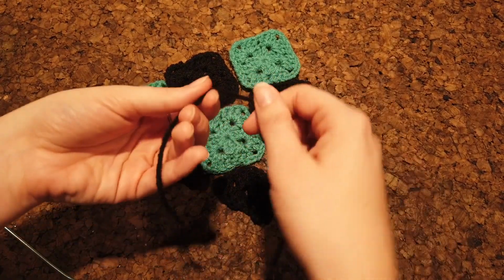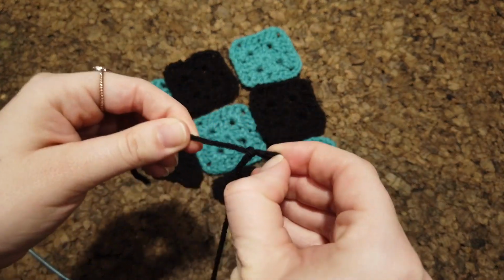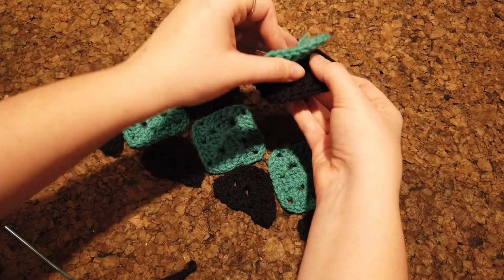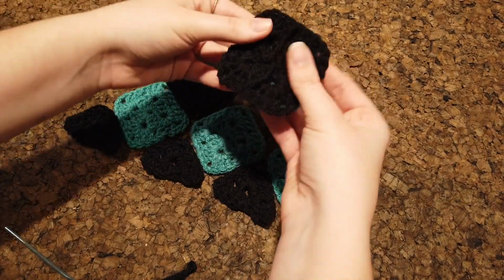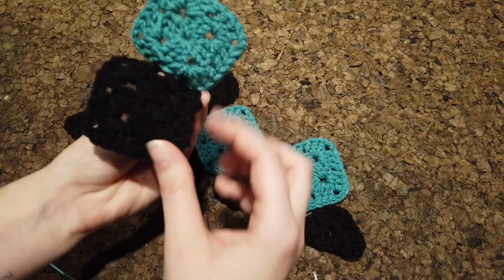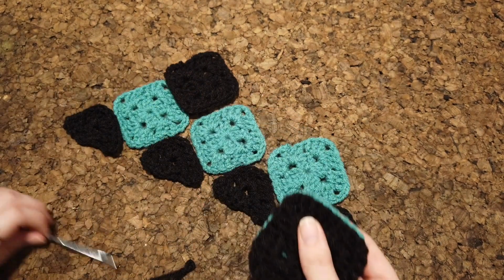So I'm going to make a slip stitch in my yarn, and then I'm going to start up here. I know that I crochet left to right, so I'm going to do my black in front, so when we open it up, it'll be that corner piece up top. So I'm going to take my yarn,